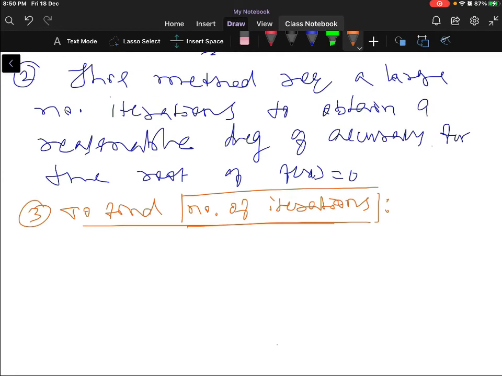So we can find the number of iterations, or the number of bisection processes, by using the relation